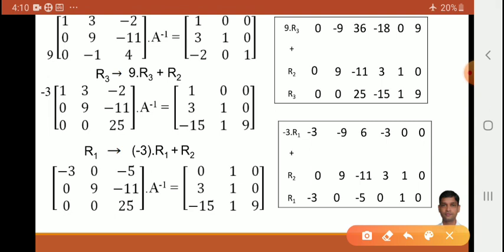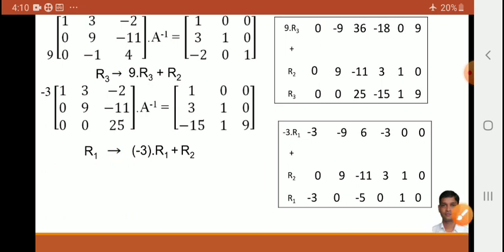See, the first element 1 has been disturbed, but don't think about that. By dividing by minus 3, we can adjust 1 there. So don't think about that. First we will adjust 0 to all the positions. Now we will adjust 0 at the position of minus 5 and minus 11. So take this equation